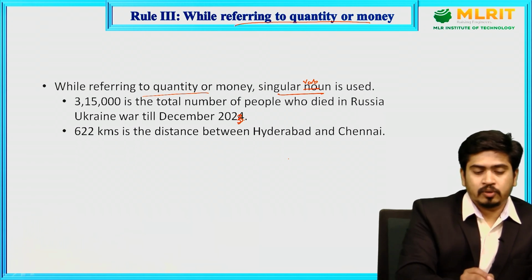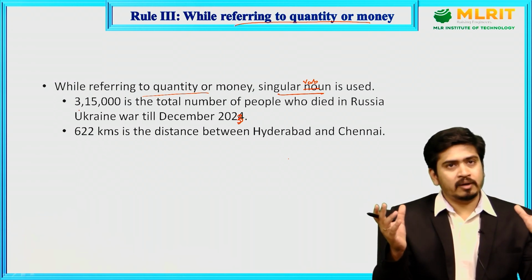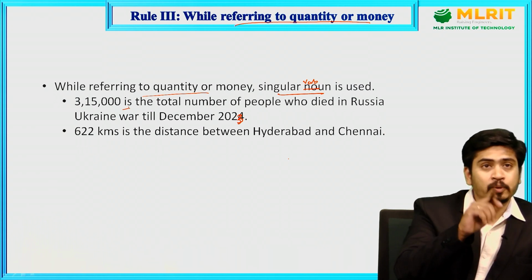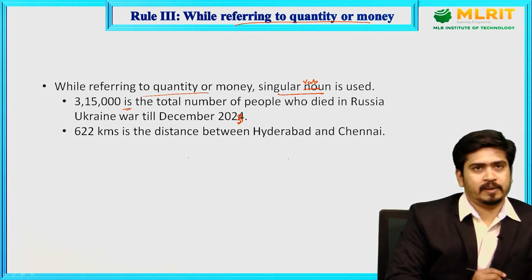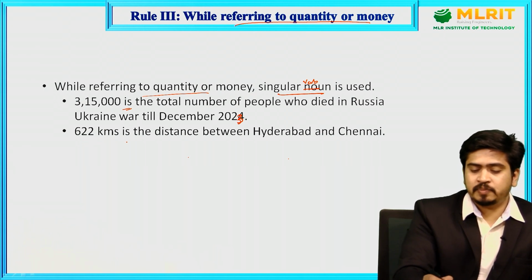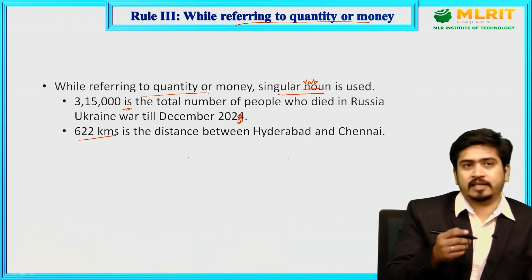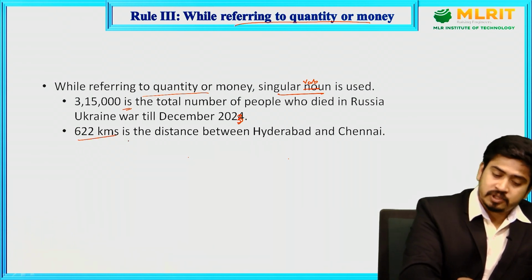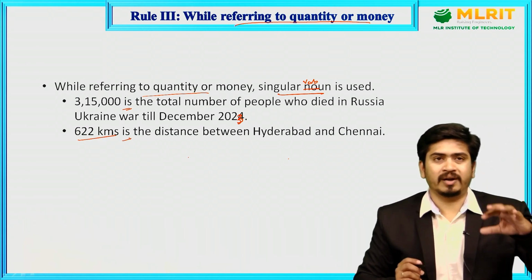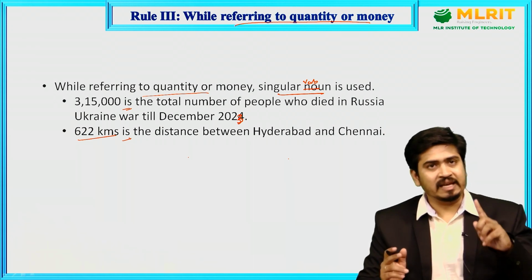Okay. So 3,15,000 is a plural number, but we are not using a plural verb here. Though the number is plural, we use a singular verb. In the same manner, next example: 622 kilometers is the distance between Hyderabad and Chennai. 622 kilometers. Is it singular? No, it's plural. But still we use a singular verb. So wherever we come across quantity or money, distance, it can be anything, a singular verb is